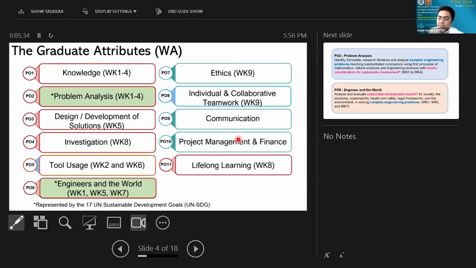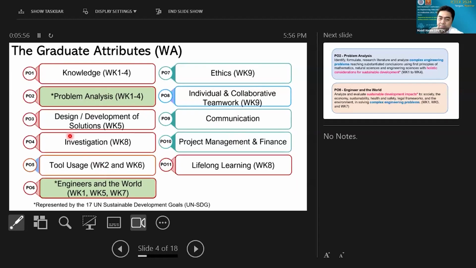So as you can see here, out of these 11 outcomes expected from our graduates, specifically if you refer to the paper, we have problem analysis and also the engineer and the world, which are tied up with our sustainable development, the SDG.